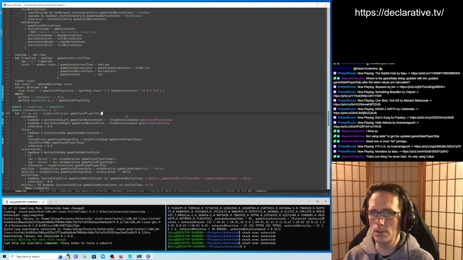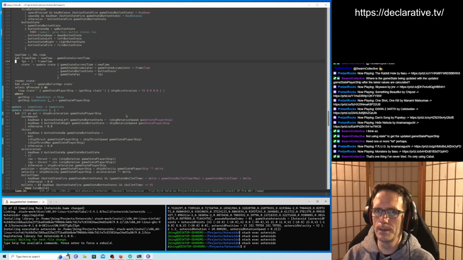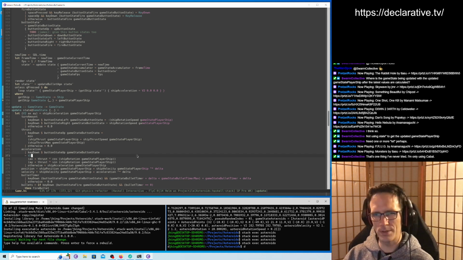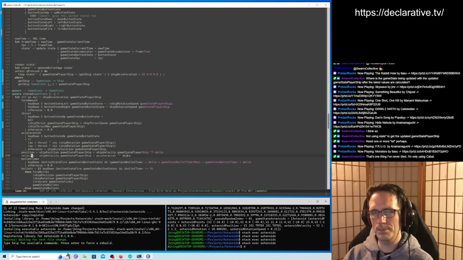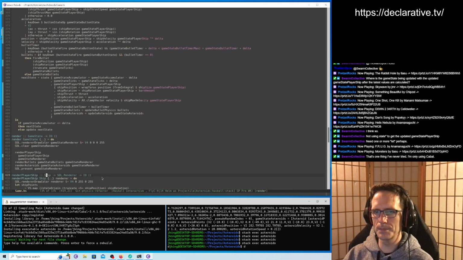Only using Cabal? That's cool too. Cabal's come a long way. You know, I use it a little bit here and there on little tiny mini projects and throwaway projects, just to see what's going on. It's got a lot of similar feature set to Stack. Stack still has a bunch of extra stuff on top, but yeah, I mean,